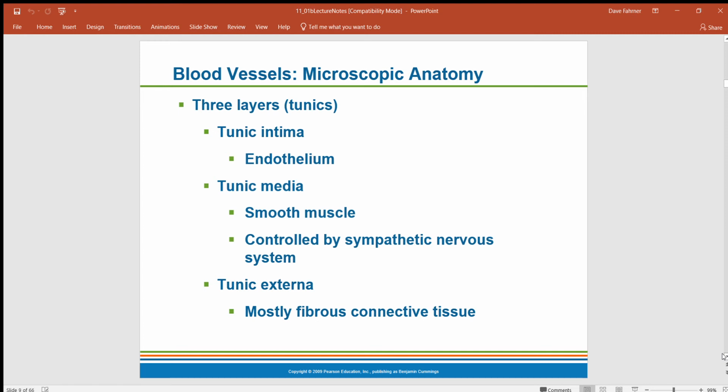And then you have basically a layer on the outside, which is mainly fibrous connective tissue. So you have a nice smooth inside. That endothelium is going to be like the inside of the heart. We talked about that earlier, how that had to be nice and smooth, so there's no catching of the blood contents, the red blood cells or the platelets, no building up of that to cause blood clots. Nice and smooth, the endothelium. And then the middle layer is going to be the thick layer, which is going to have the smooth muscle, and then the outside is going to be a little bit more of a tougher layer that has fibrous connective tissue holding it together.